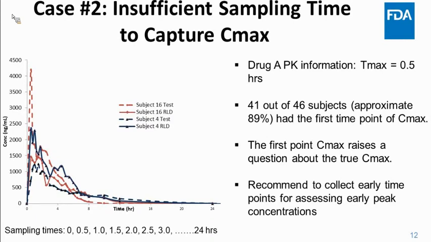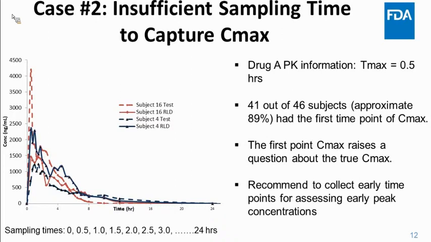Insufficient sampling time to capture C maxima. The T maxima of drug A is about 0.5 hours. 41 out of 46 subjects had the first post-dose sampling time, 0.5 hours, as C maxima. It raised a question of bias of estimation of C maxima because of insufficient sampling time at the early sampling